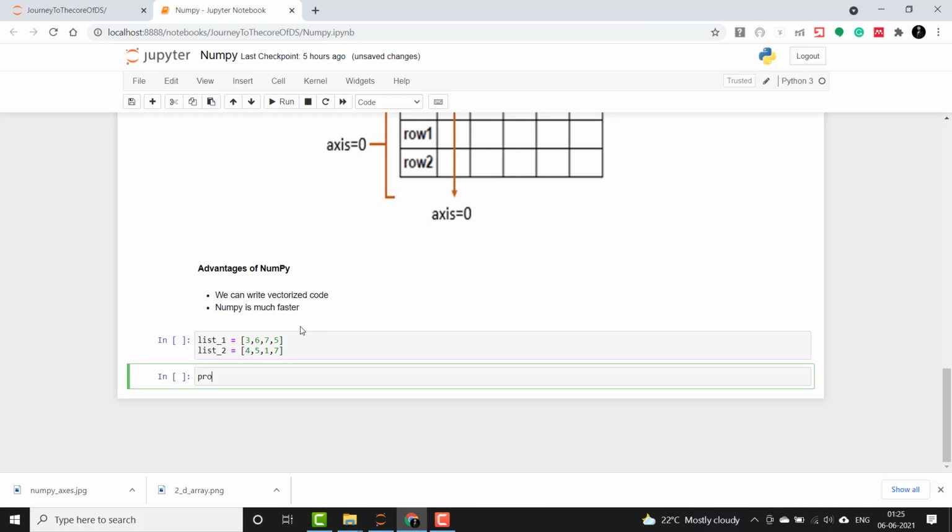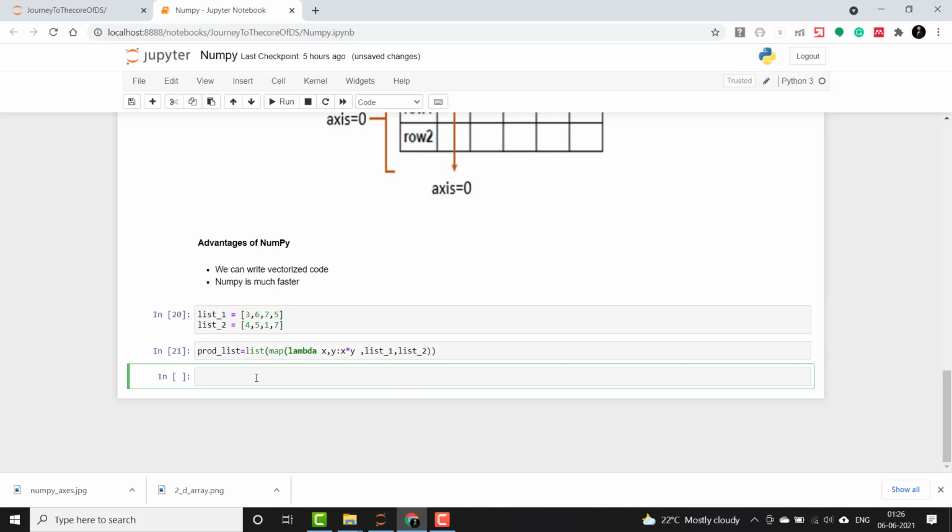We'll create a product list, and use a map function and a lambda. x and y will be the input for it, as we have seen previously how to create a lambda and a map function, and list_1 and list_2.